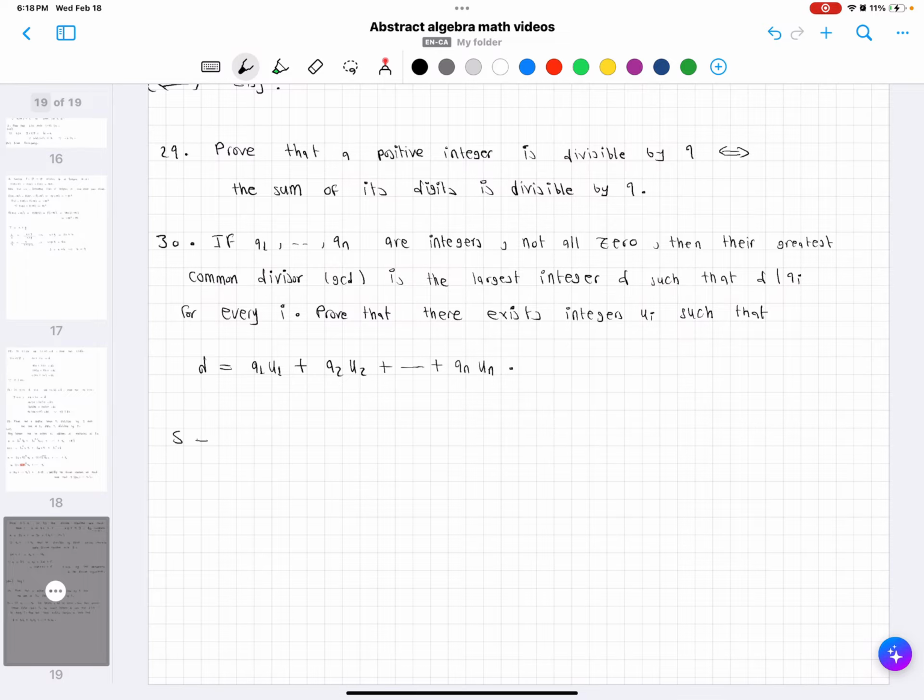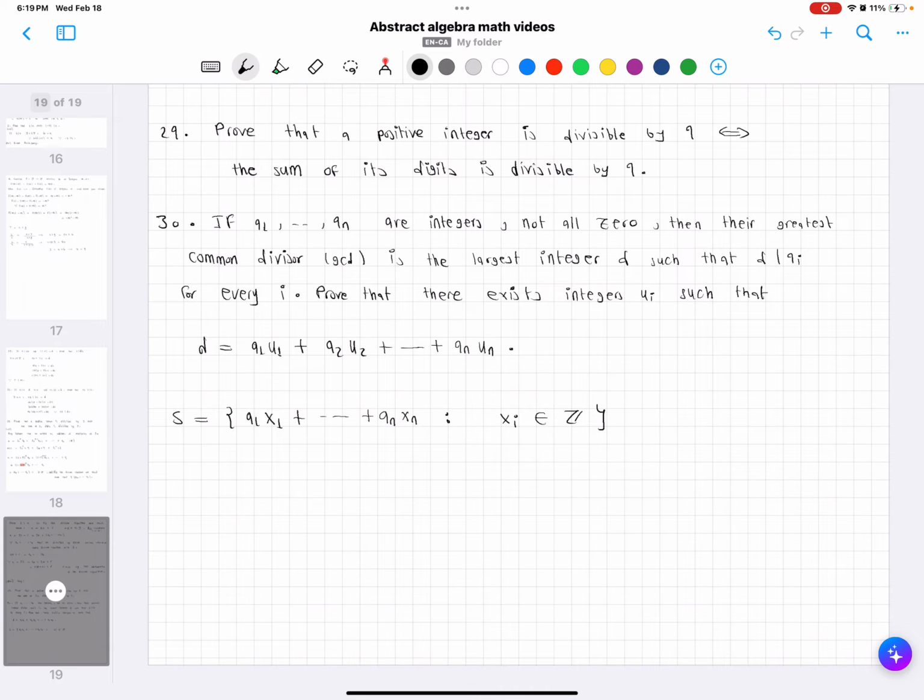So what you could do is consider S to be the set of all the linear combinations of the ai's, such that you're considering the positive elements, or you could just consider all the linear combinations where all the xi's belong to Z. Then this has at least one positive element, because let xi be ai. Since not all are 0, you have that